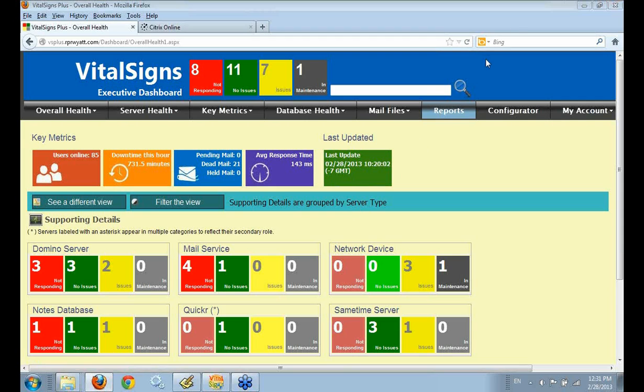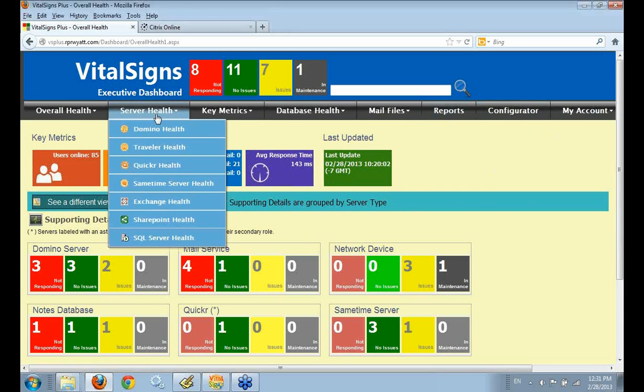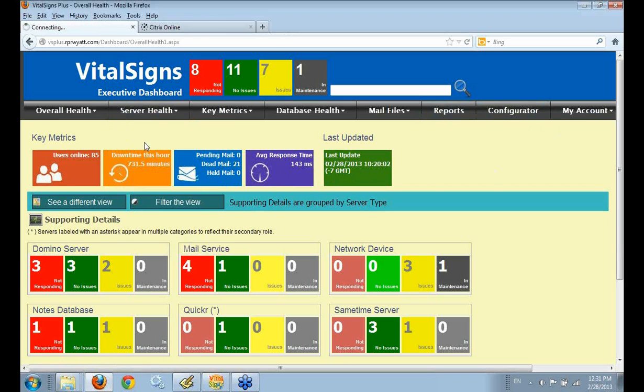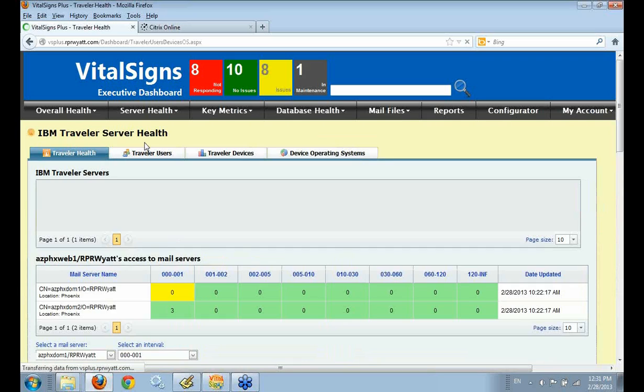Okay, so one screen here is the latest version of our product called Vital Signs, which is a tool for monitoring Domino and mail services and so forth. But what I'm only going to show today is what we do with Traveler. If I go to Server Health and then Traveler Health, it brings up a page, and what we try to do is